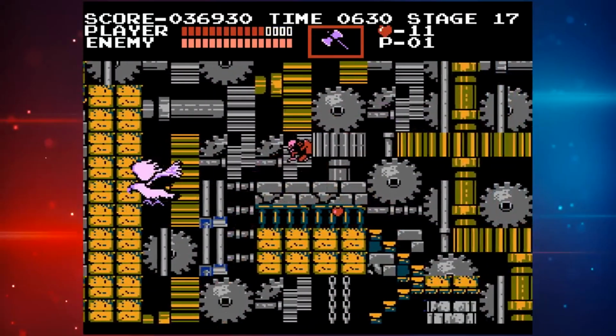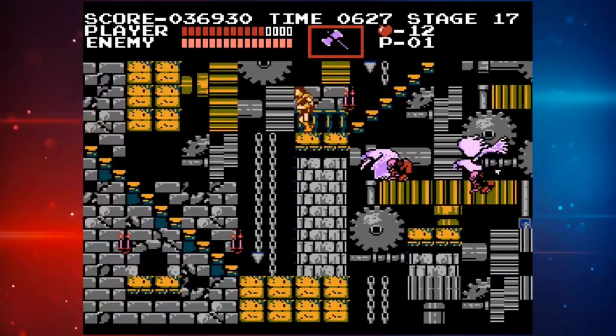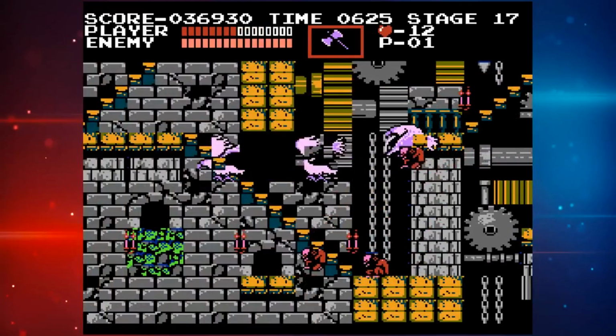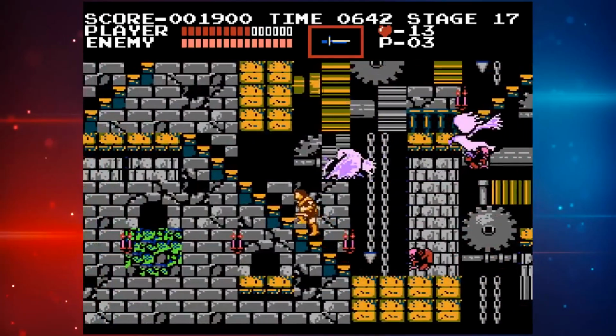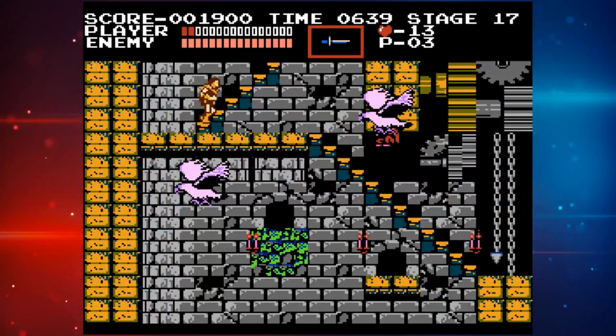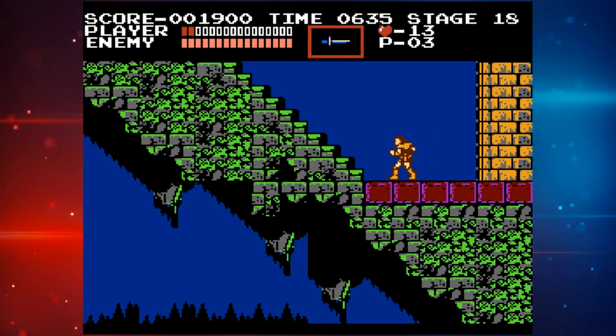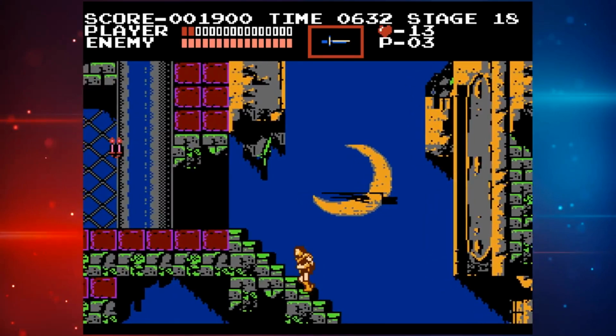Alright, just go down the stairs here. Oh! And get intercepted by a Fleaman, and I'm just taking some hits here, because once I get up here, that's it. I'm home free basically. So just going up the staircase, Dracula's stairs, but